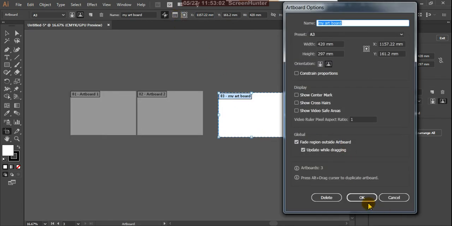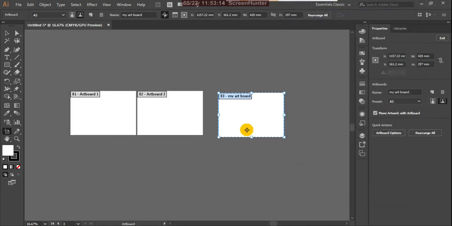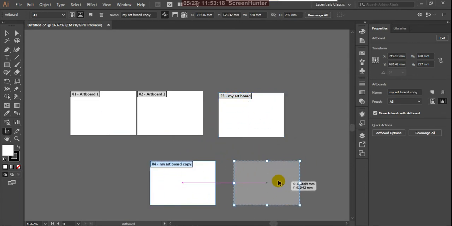And here the options, the artboards, 3 artboards. So press Alt, drag cursor to duplicate artboard. Okay, so press Alt to drag. Suppose Alt and drag, you are duplicating artboards.